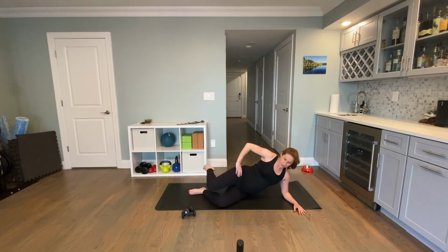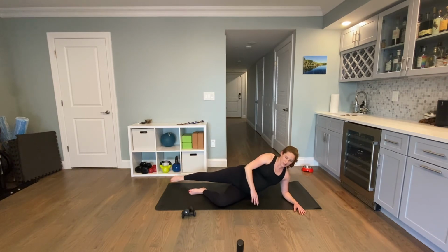6 more. 5. 3, 2. Last one, leave your leg long and then tap it down towards the very outside of your mat and then lift it up for 8, 7, 6,